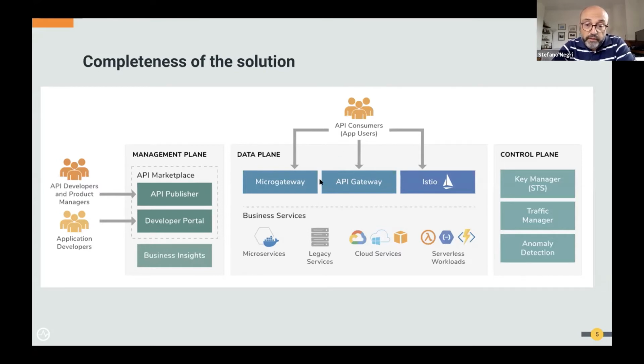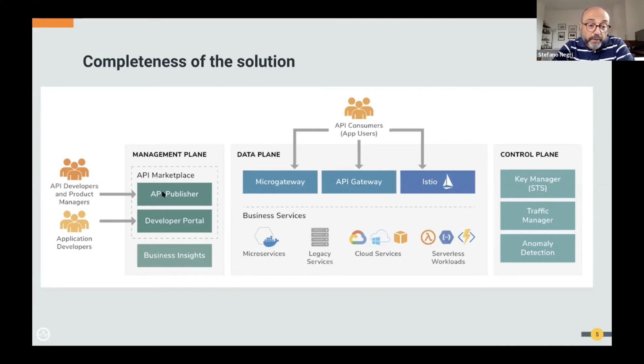We provide not only the classical centralized API gateway, but also the possibility to deploy with a microservices approach using a micro gateway, or, if a customer is interested in something like a service mesh, we also have an Istio option to deploy our gateway. And these are controlled by a management plane, where the first two of the use cases I presented before take place.